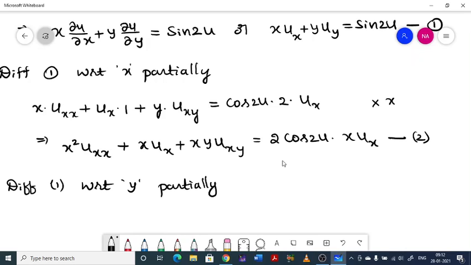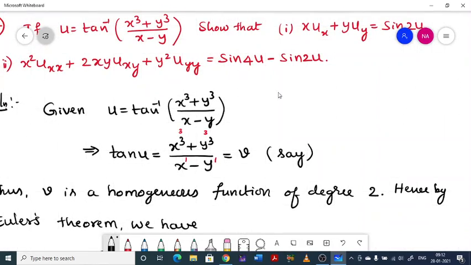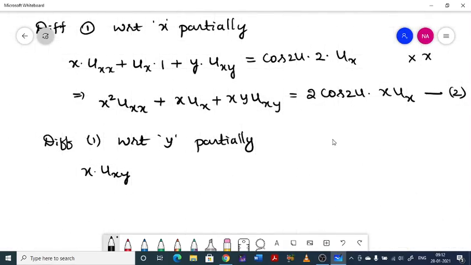We will be getting x into derivative of ux with respect to y, that will be uyx. I will write as uxy only. Look at the statement, what does it say? uxy. So keep that in uxy only. Even if uyx comes, write it as uxy, because they are equal. Plus you have to apply product rule here.